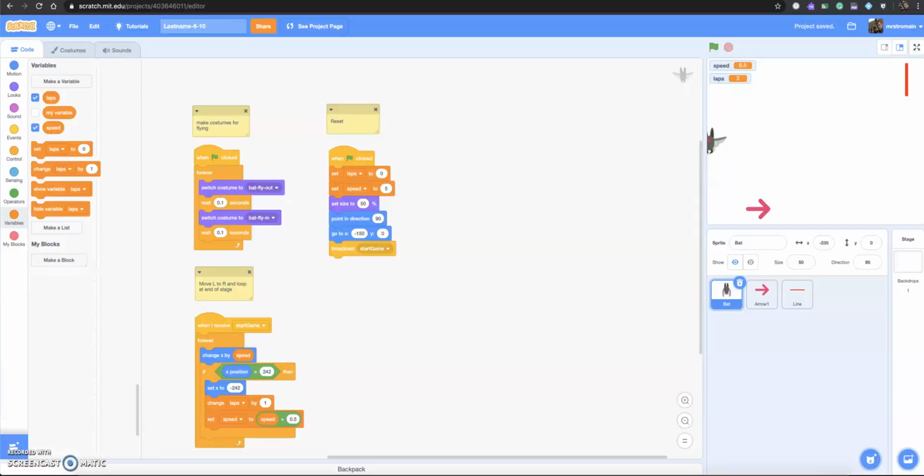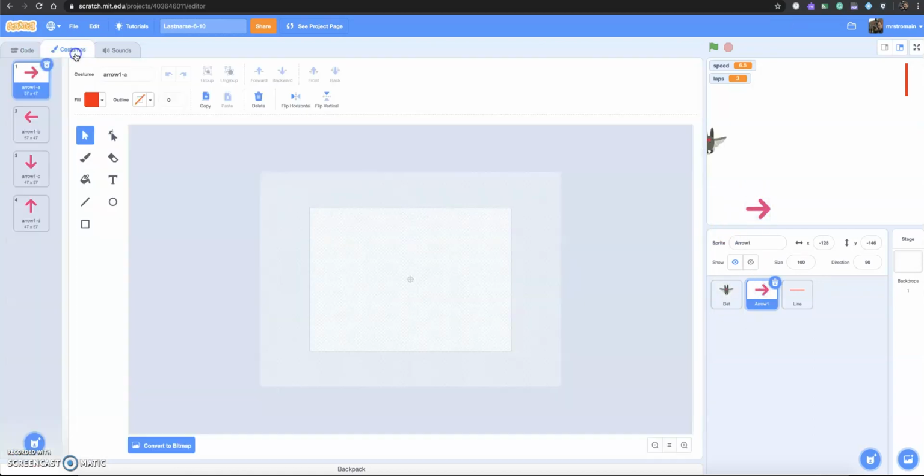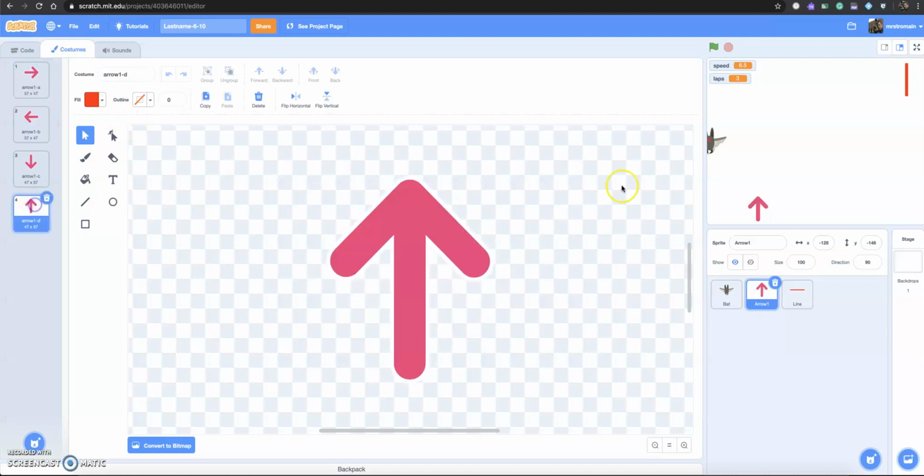Okay, well, let's go to our arrows. We're going to change our arrow costume to be up. Okay, and I'm going to put it up here. And I'm going to duplicate this, and I'm going to call this one down and this one up. Okay, and we're going to do a couple things. I'm going to bring this guy down here. The up arrow